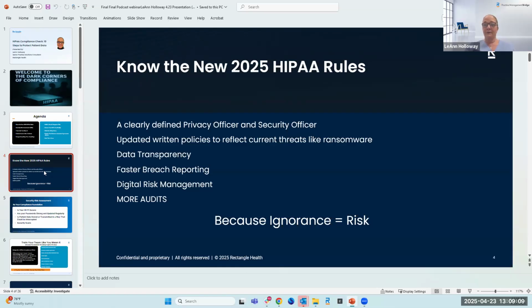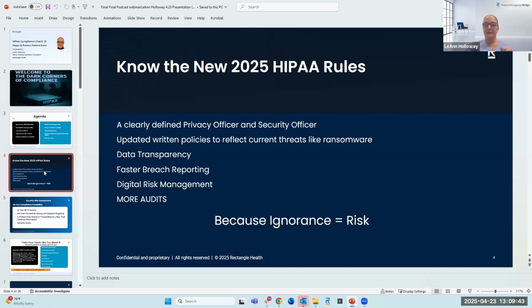So beginning in 2025, practices should expect stricter enforcement of patient access requests and may need to furnish more detailed logs or disclosures of PHI sharing, in line with broader federal moves toward interoperability and radical transparency. Under the proposed changes, business associates and subcontractors must notify covered entities without reasonable delay, but